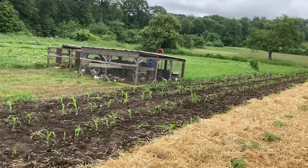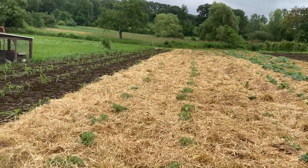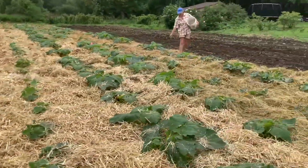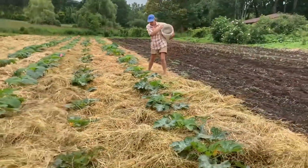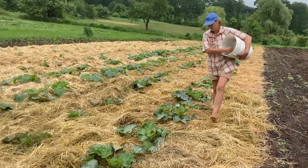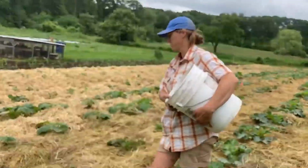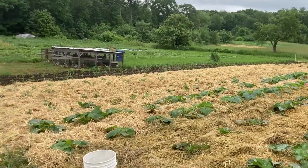Okay, now we have all the corn weeded, and we have all of the cucumbers and tomatoes and squashes all mulched, and we're almost done hoeing through the arugula, beans, and brassicas. And Claire is spreading a little potassium sulfate on this entire field here. It's going to be a good thing in the middle of the beginning of the summer to get a little extra